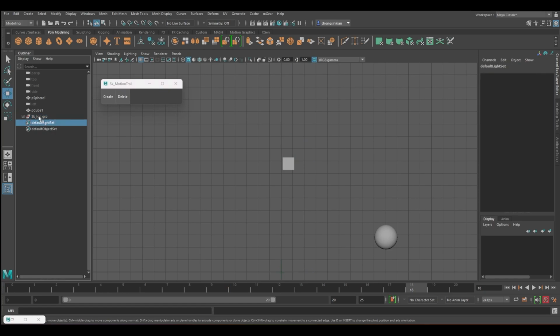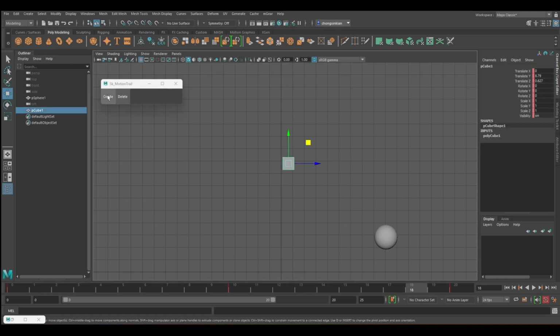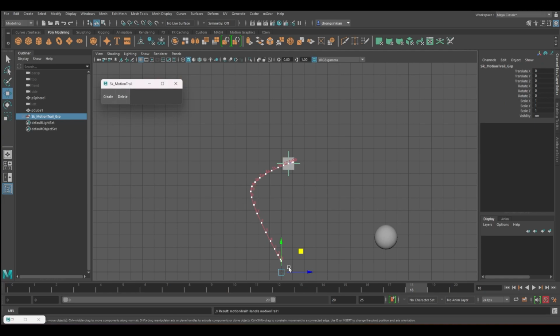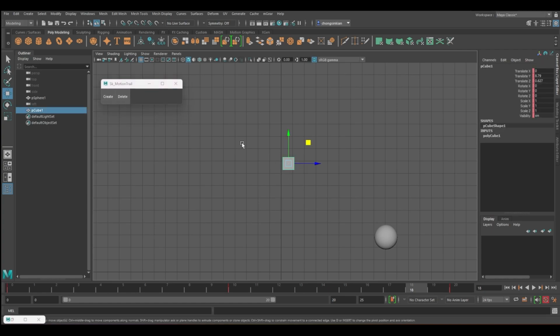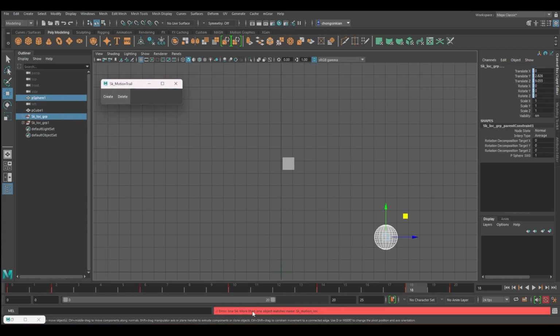If you see any SK local group, just click and delete everything. Make sure your outliner is very clean, then create a new one instead. So this will appear. Make sure you press delete first, then click the controller and create. Whenever you see an error, just delete all the SK groups over here.